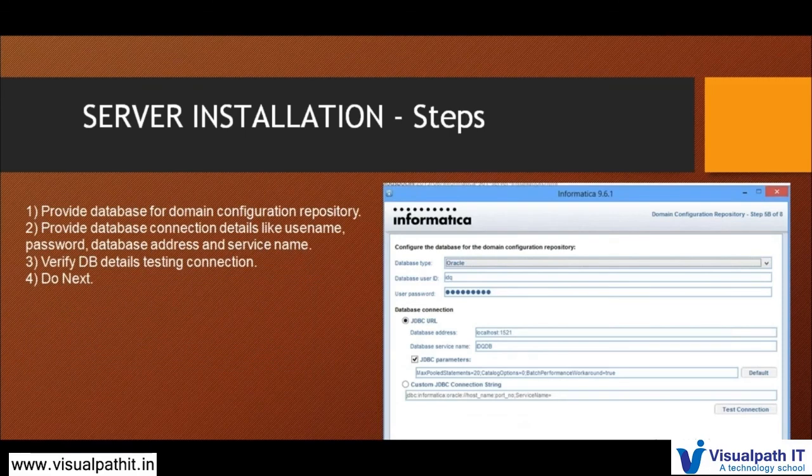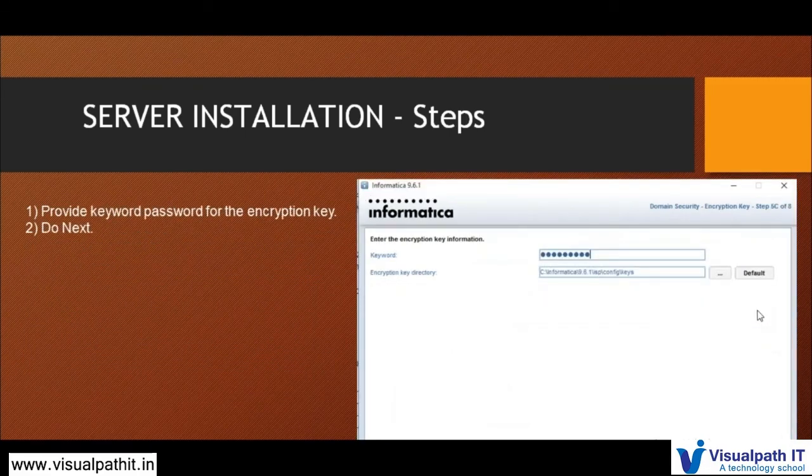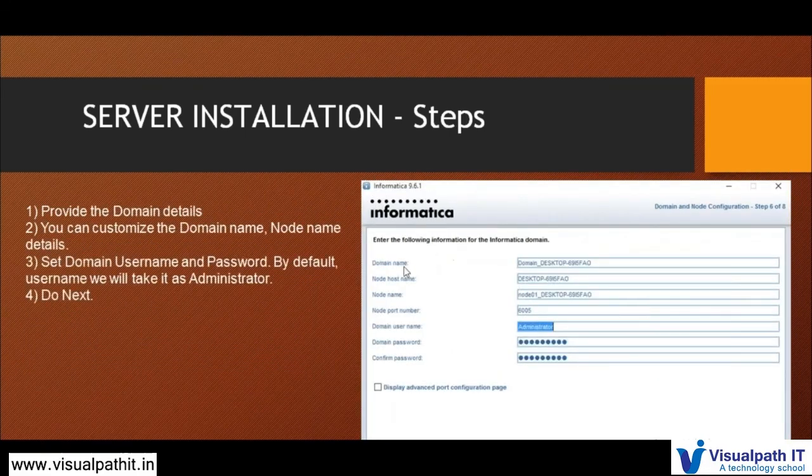Here you will be providing the database connection details. Then you have to provide your domain name and the node host name, that is, the node name and the node host. If you are maintaining one node, fine, but whenever you have multiple nodes, let's say you are working on a production or UAT environment, you might see multiple nodes.